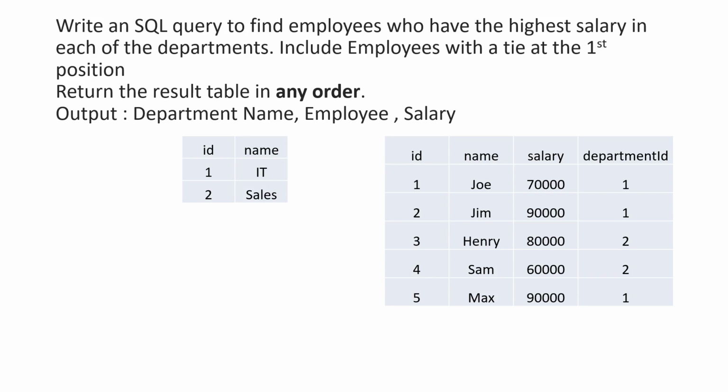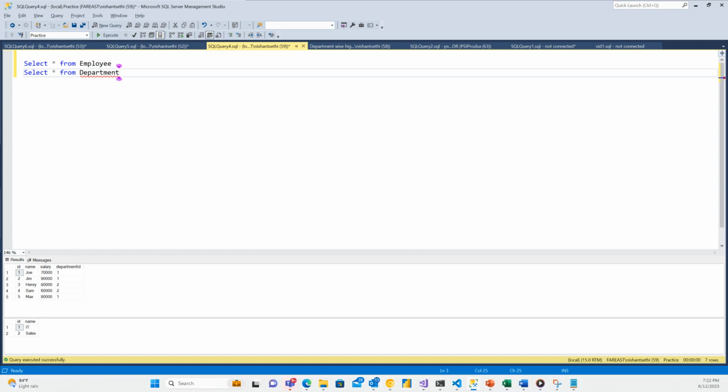Also, since we want to display all those employees who have a tie at the first position, we can either use rank or dense rank, but not row number, right? Because row number won't give you equal ranks for the duplicate records, correct? So maybe let's see the solution now. Let me just jump to my SQL server. Okay, so